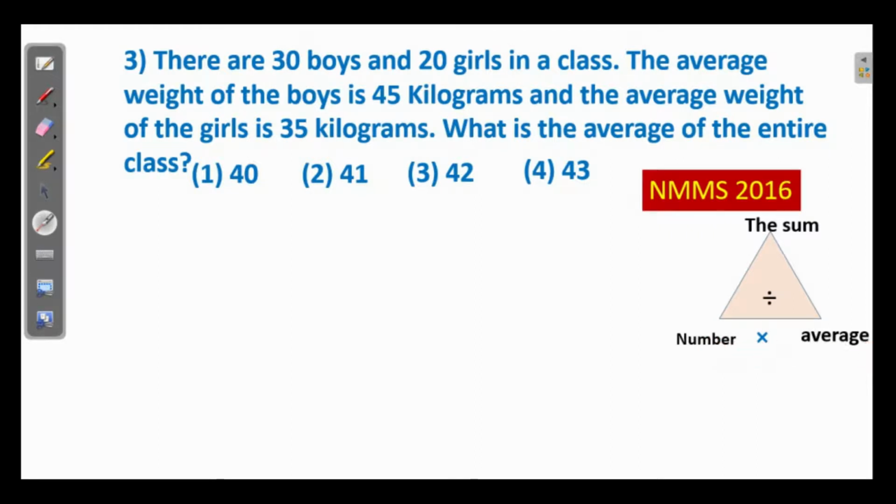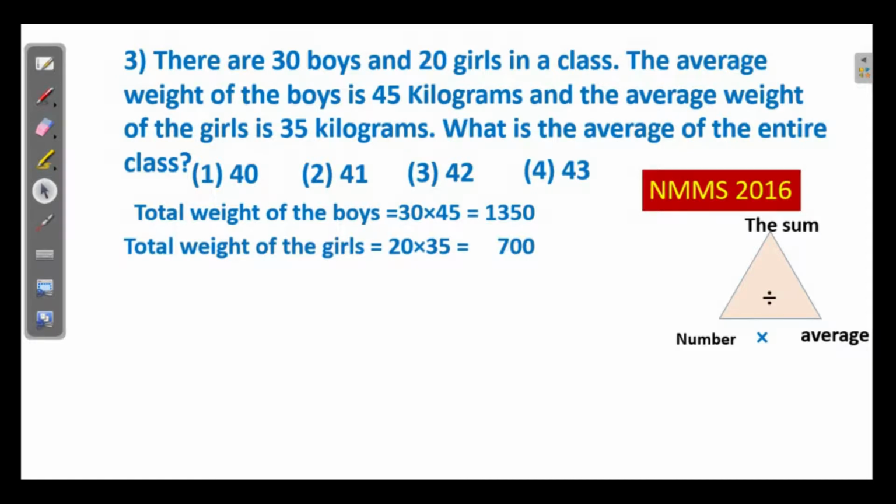We have learned in the earlier classes. So here the total weight of the boys is equal to number into average. 30 boys, 45 average. So 30 into 45, 1350, and that of girls is equal to 20 into 35, which